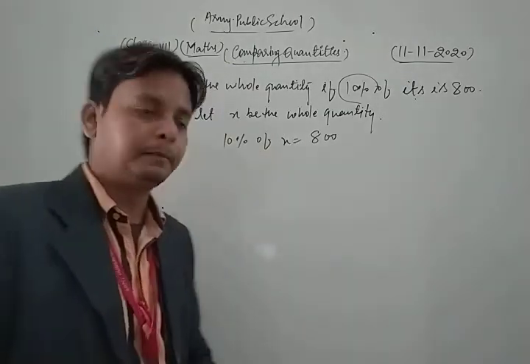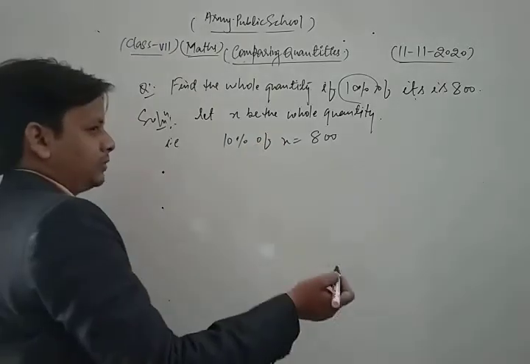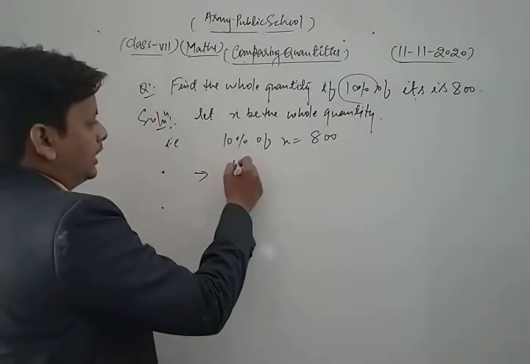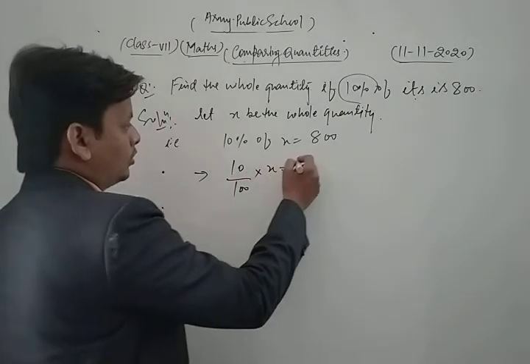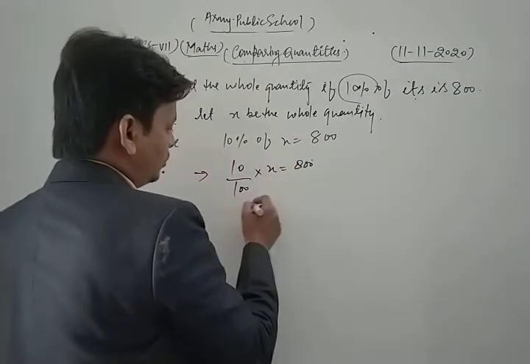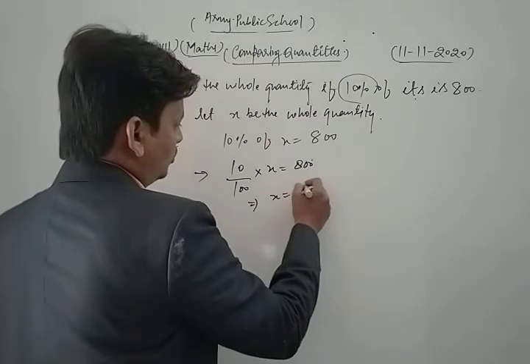Now we simplify. The concept of "of" is multiplication, as I just discussed. So we write 10 upon 100 into x is equal to 800. So we can write x is equal to 800